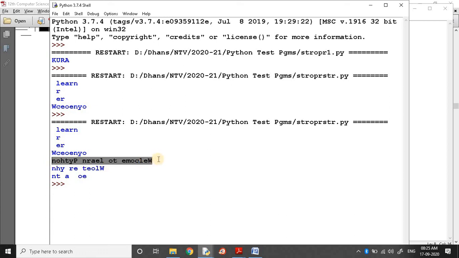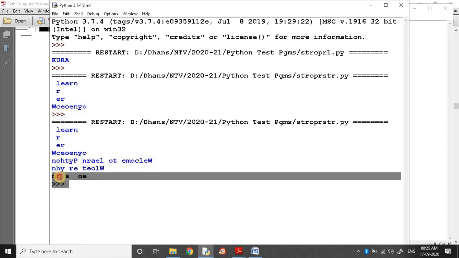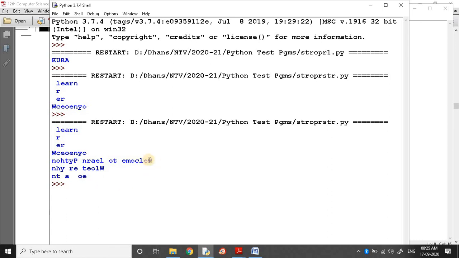Here it is character by character striding. Here 2 characters, so half of the characters only are taken, because the striding value is -2. Here -3. So what will be the result? 1, 2, 3.